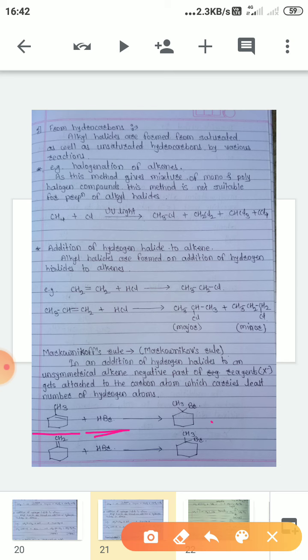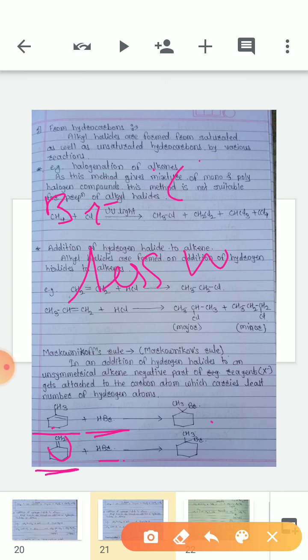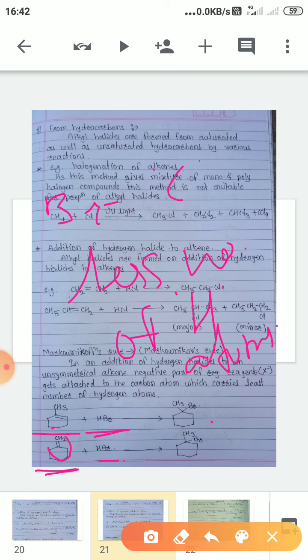Okay, again we have taken here cyclohexane having an exo, meaning outside, carbon-carbon double bond, and when HBr is added to that, we'll again get 1-bromo-1-methylcyclohexane, that is, the bromine atom gets attached to the carbon atom which contains the lesser number of hydrogen atoms.